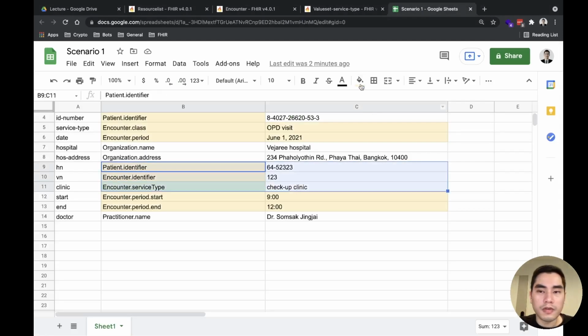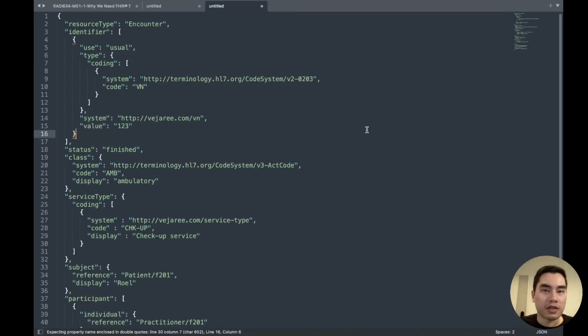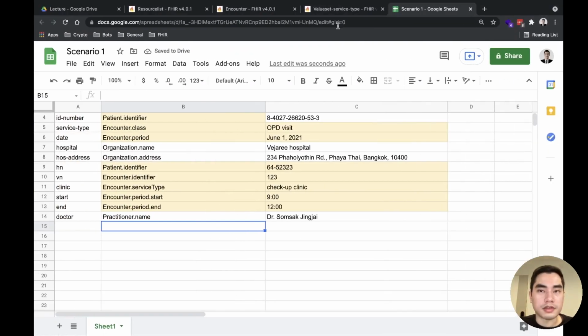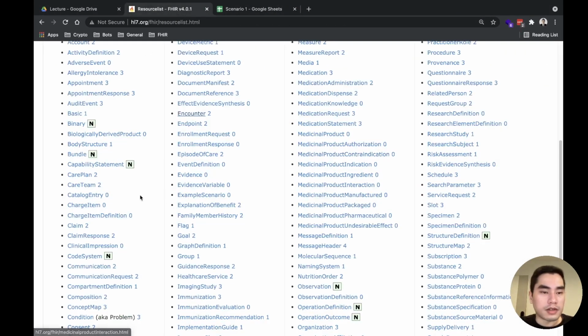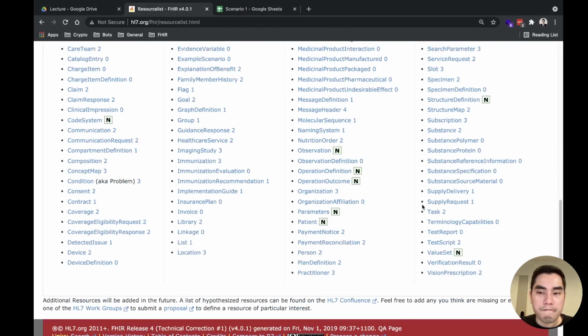Now the next one is organization. Let's start a new file. Organization.